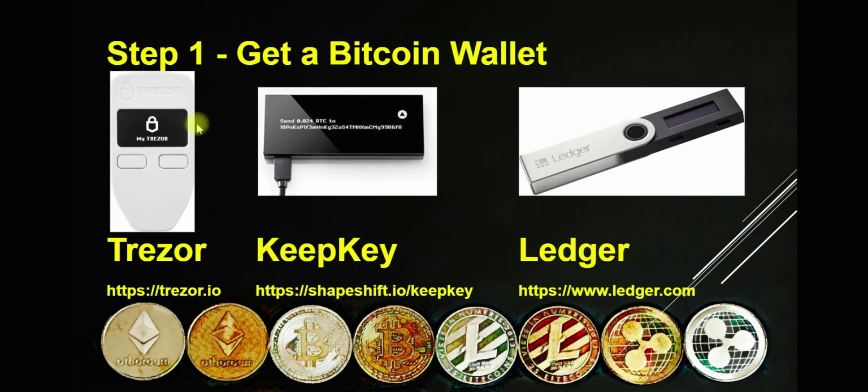For most cryptocurrencies that most people want, both of these store hundreds and hundreds of cryptocurrencies, and so you'll probably be able to store most of the cryptocurrencies you'll be interested in. But always, before you go buy a cryptocurrency, make sure that you can store that cryptocurrency on your hardware wallet. Otherwise you'll end up in a situation where you'll go, I need to go buy a Ledger or do